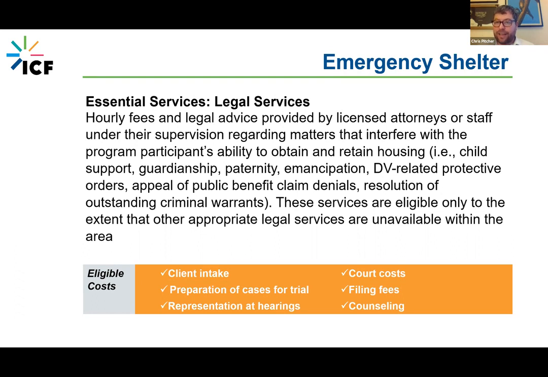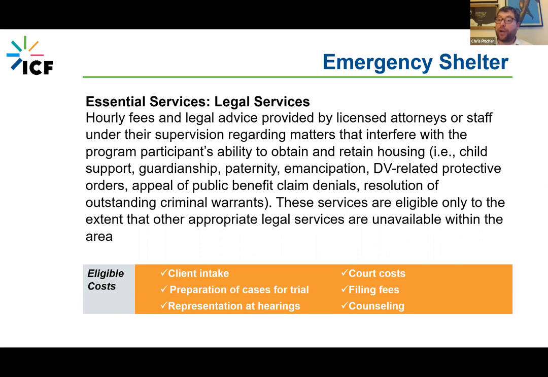We have lots of legal issues around clients that could lead to us not being able to house folks, like child support, guardianship, paternity, emancipation, domestic violence-related protective orders, public benefit denial claims, resolution of criminal warrants, and legal services can often help us reduce these barriers to housing. These services are only eligible to the extent that other appropriate legal services are unavailable in the area, and these are provided in an emergency shelter setting.